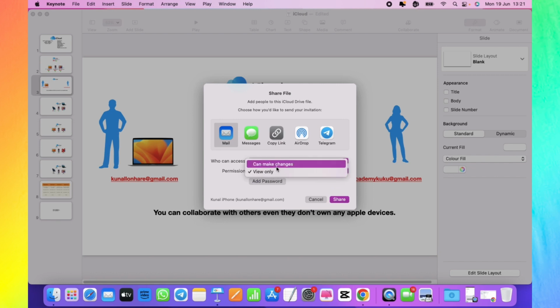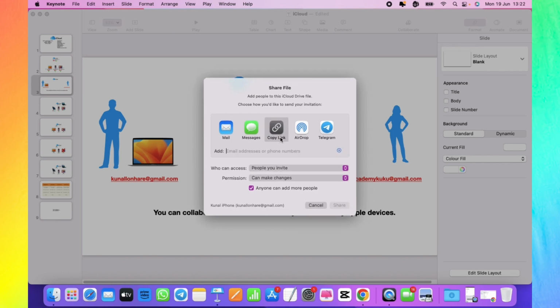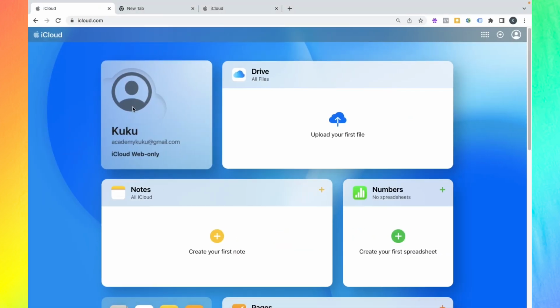But if you select can make changes, then whomever you share this presentation with can even make changes in it. So I will choose people you invite, and I can also choose the copy link option. Now I have to get the email ID of the person to whom I want to share it. So in my case you can see it's